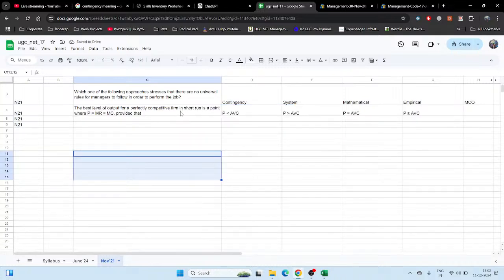The best level of output for a perfectly competitive firm in the short run is a point where P is equal to MR is equal to MC, provided that